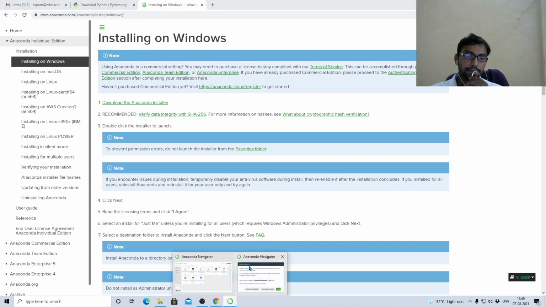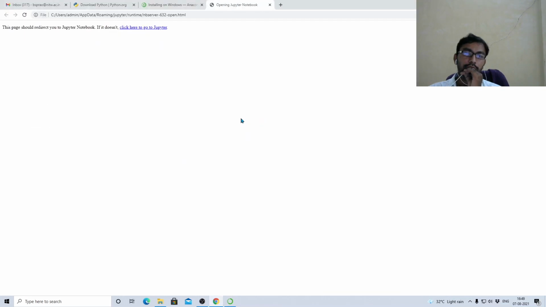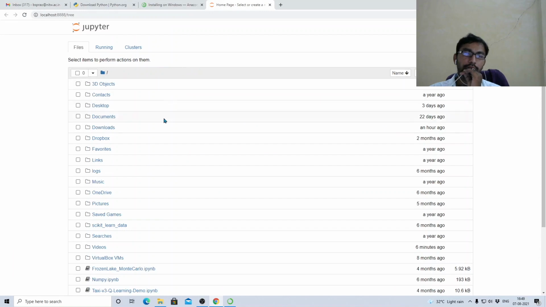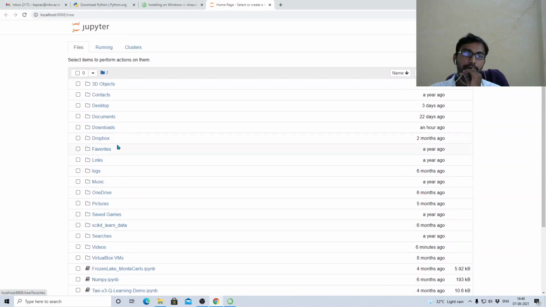You see here, Jupyter Notebook, Spyder. These are some IDEs that are available. You can directly open Jupyter and write your code here. See, I'm launching Jupyter. You can launch Jupyter and then write the code here. See, some codes are in my Jupyter Notebook.